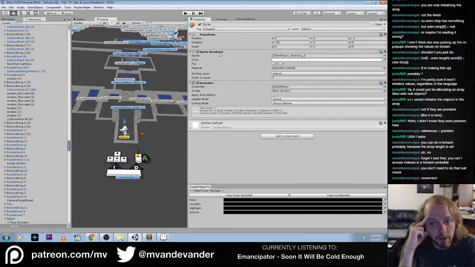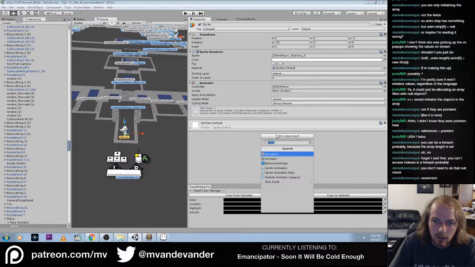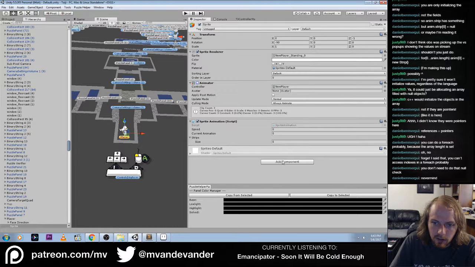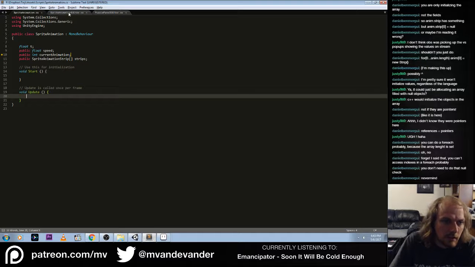So that has a sprite renderer. And so then I could have, rather than this animator thing, my sprite animation thing here. Yeah, that's probably right. And then if we look at the player,